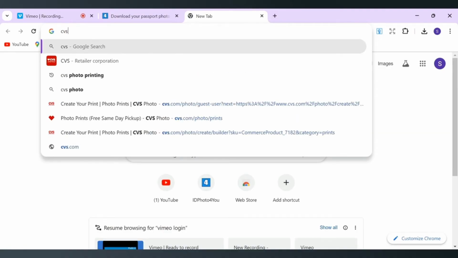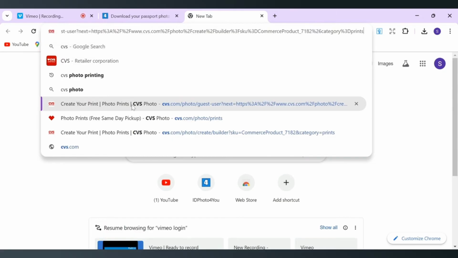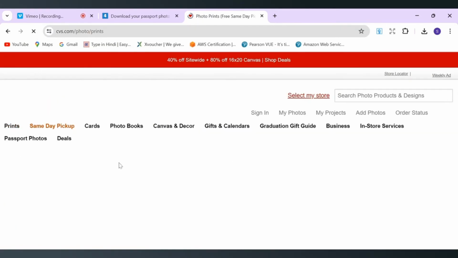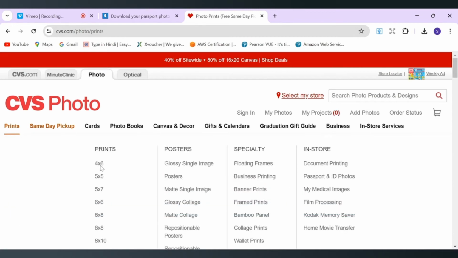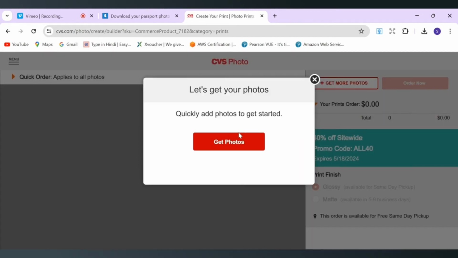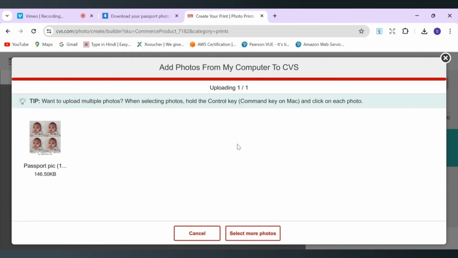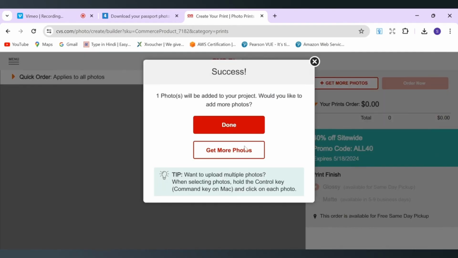After we have downloaded the photograph, we will open another tab and go to CVS or any other photo printing site that you prefer. For example, I have been to CVS Photos, and under the prints I will select the size 4x6, and then we will add our photo here. I will rename this and select photo. You can see the picture here,